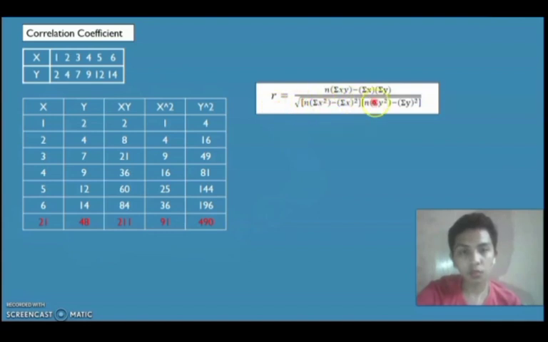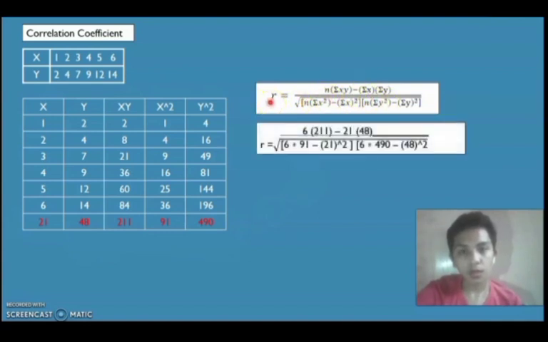This is the formula we are going to use. Here is the solution. N is the number of data sets, 1, 2, 3, 4, 5, 6, and this is the sum of x and y, which is 211, minus the sum of x multiplied by the sum of y, which is 21 and 48, divided by